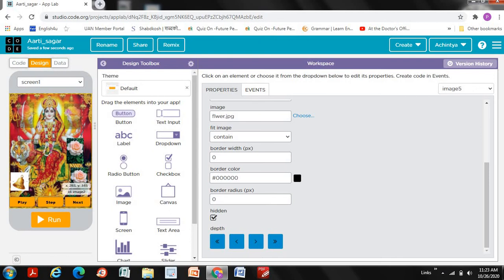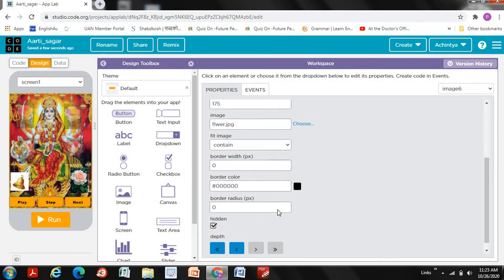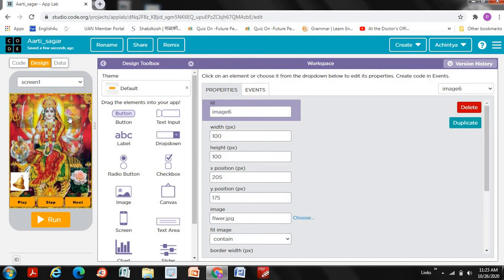Make this one also as hidden, and you have to make this one also as hidden. Okay, now when somebody click on the flower images, this should be visible, and when somebody click on the bell image, the bell sound should play.